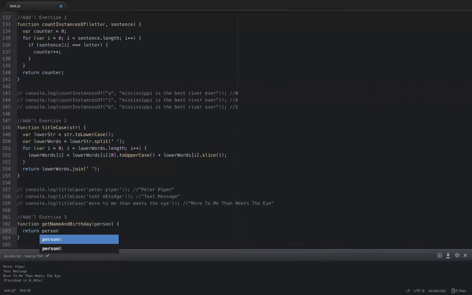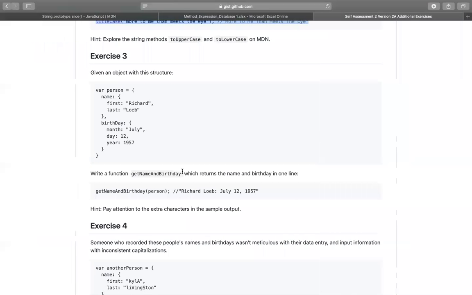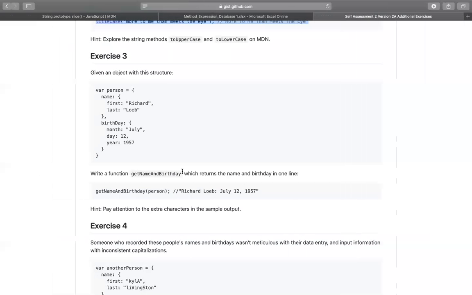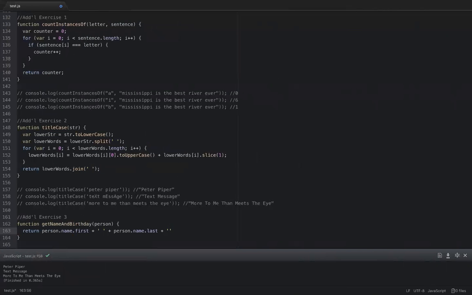That's going to be person dot name dot first, plus space, plus person dot name dot last, plus colon and a space, plus